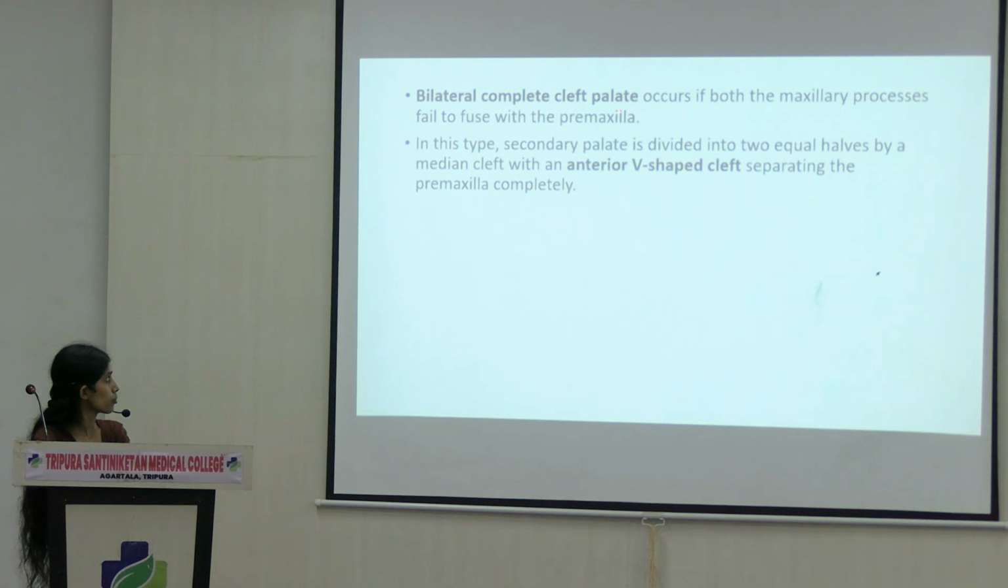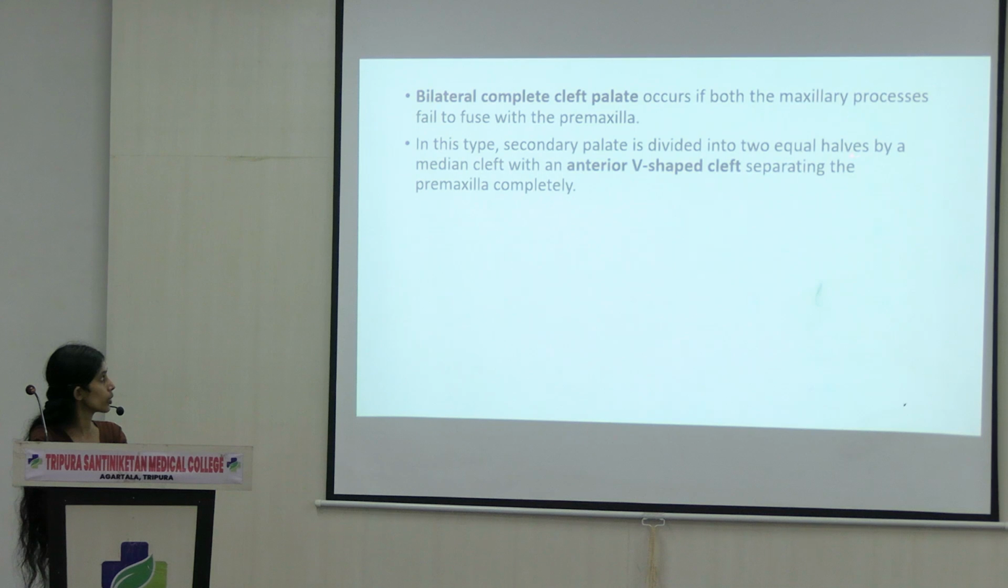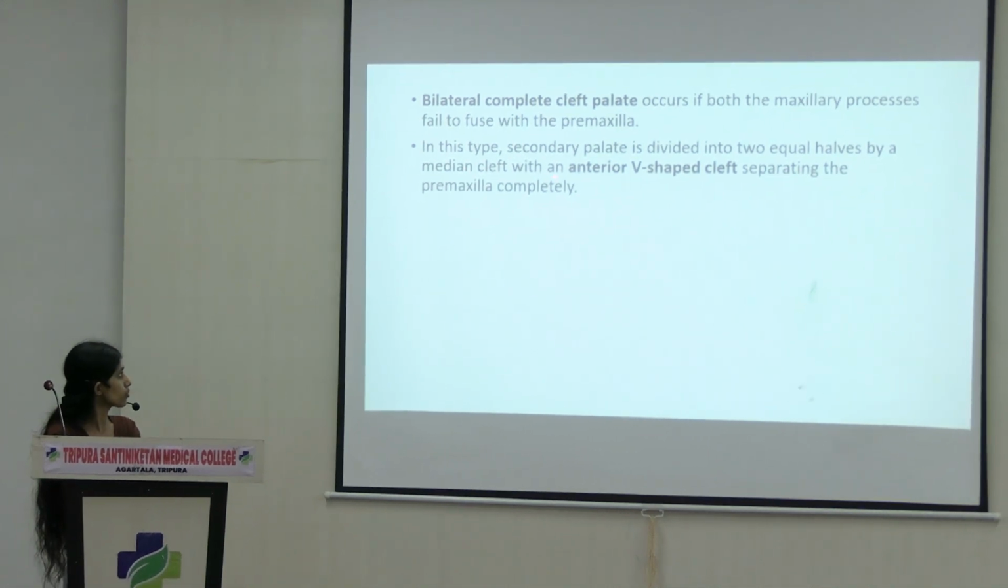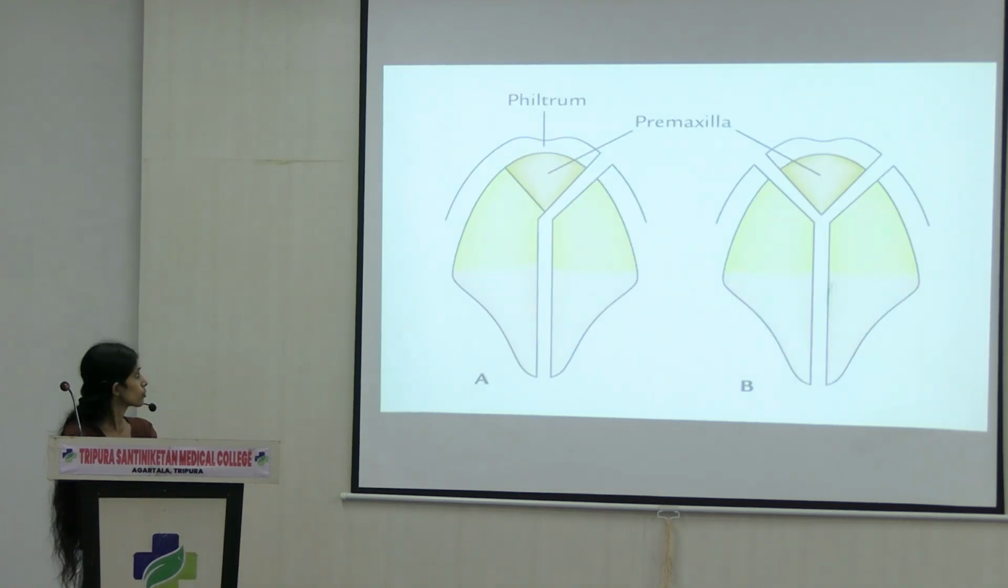Bilateral complete cleft palate occurs if both the maxillary processes fail to fuse with the premaxilla. In this type, the secondary palate is divided into two equal halves by a median cleft with an anterior V-shaped cleft separating the premaxilla completely. So you can see here,